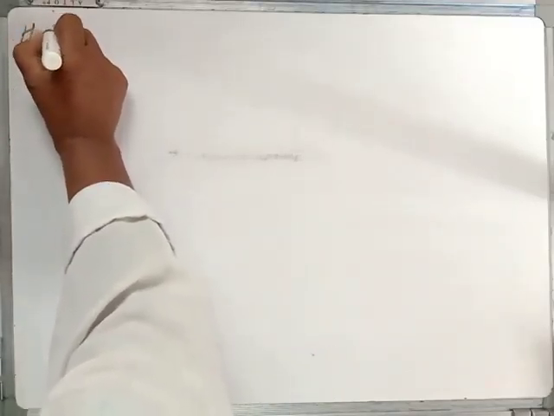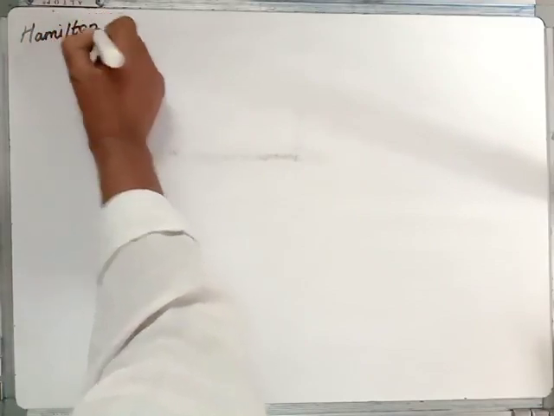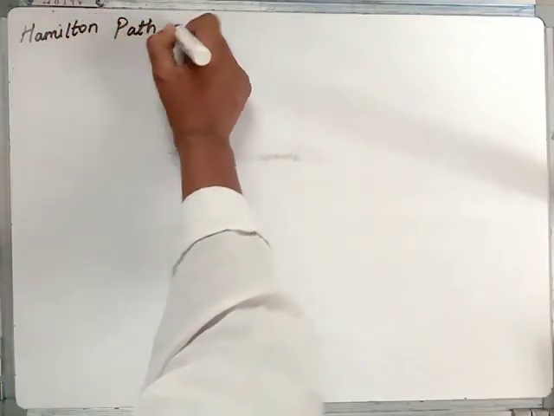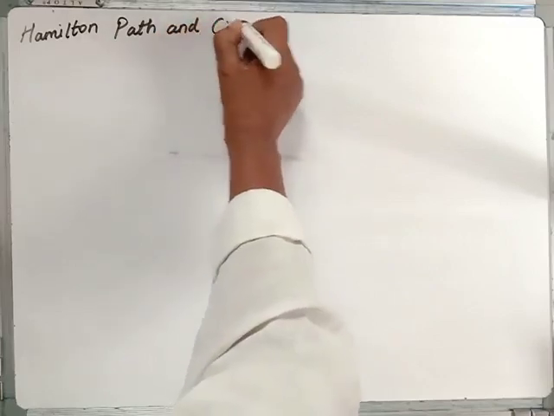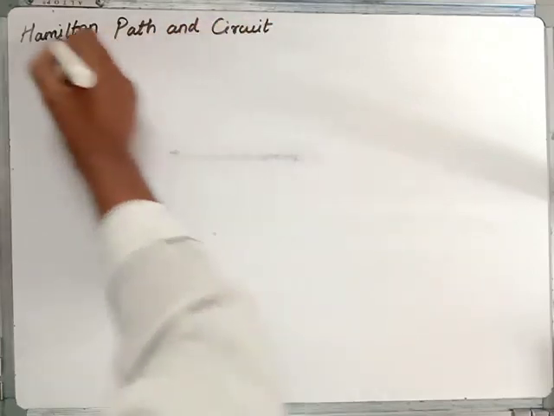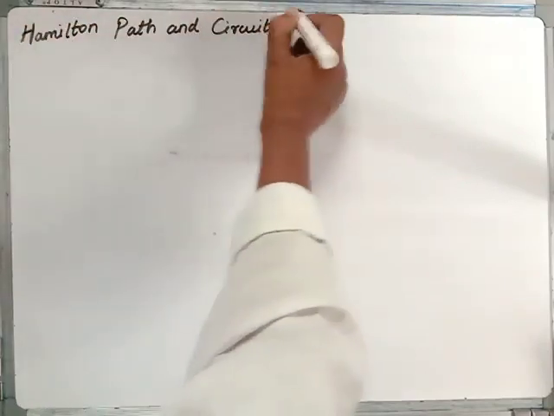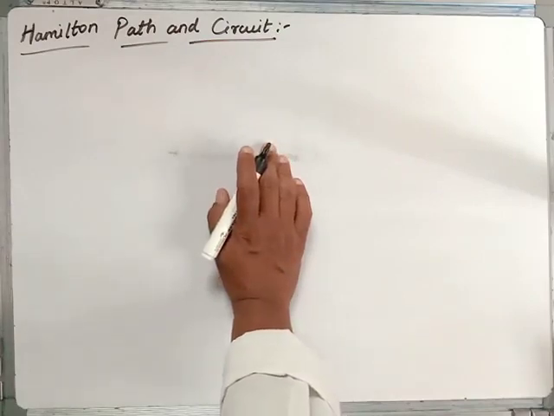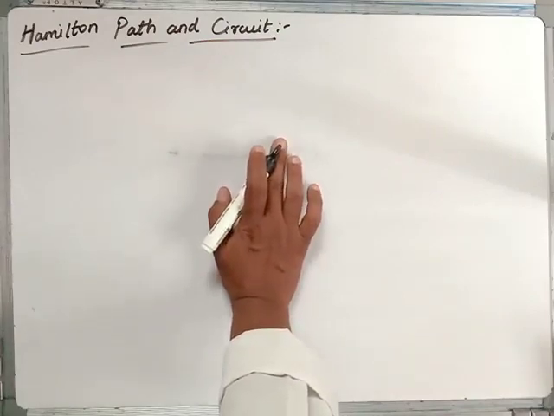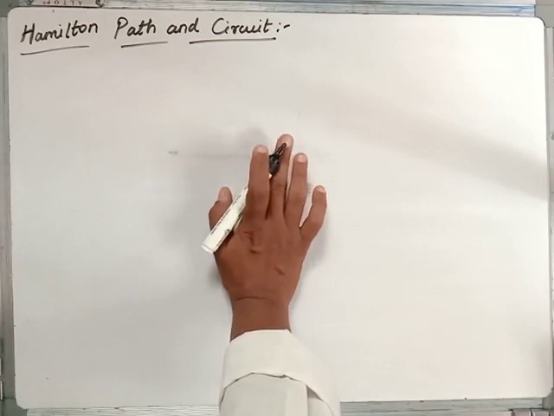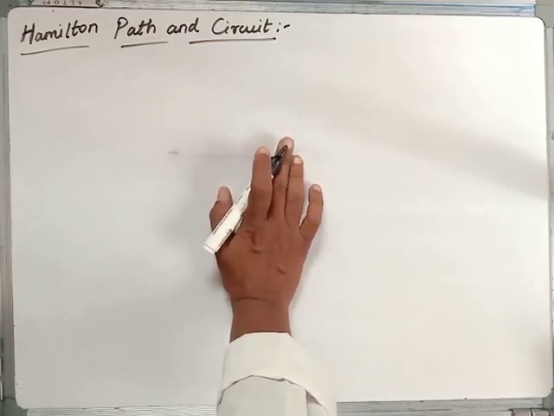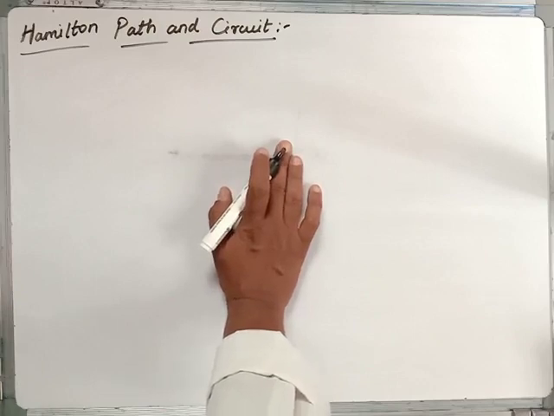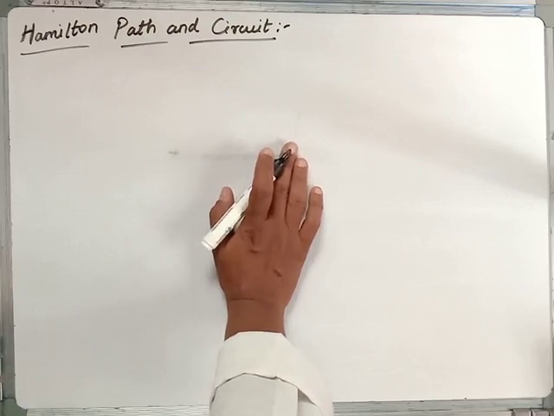Hello students, in this video let's see about Hamilton path and circuit. Now in the previous video what we have discussed was the question of traveling each edge of the graph exactly once, that is Euler circuit or Euler path, right? Now we discuss whether we can do the same for a simple path and circuit that contains every vertex of a graph.